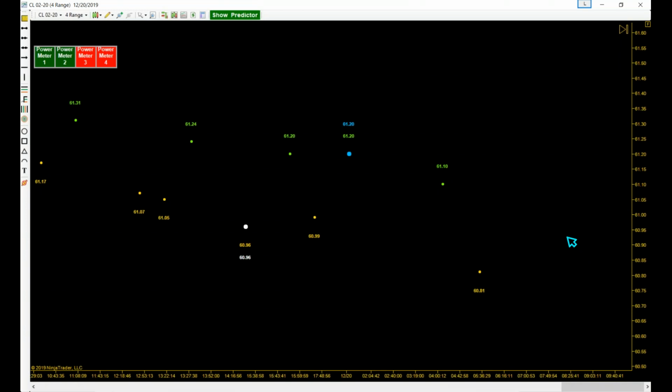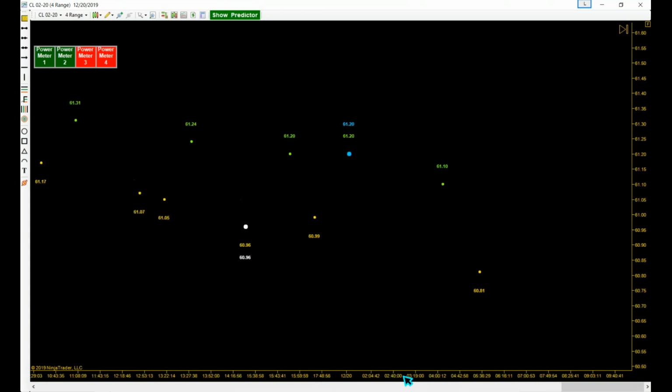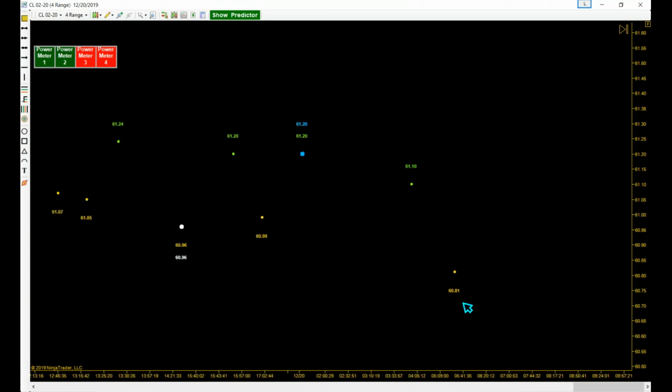You could take chances with more contracts and just go for less ticks, and we can talk about some of that tonight too. But for instance, on this side of the chart, I think everybody can clearly see you have a high way up here at 40 and a low way down here at 60.81. So that's a 60 tick, basically thrust up, retrace. Okay. So now that you've seen this, what you want to do is draw your lightning